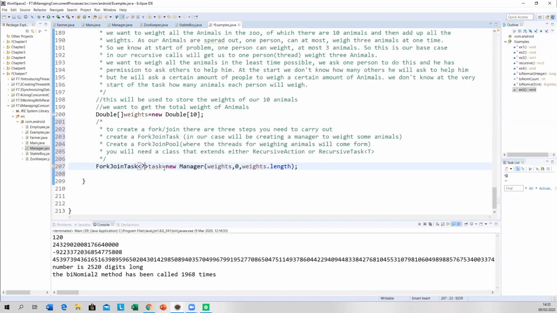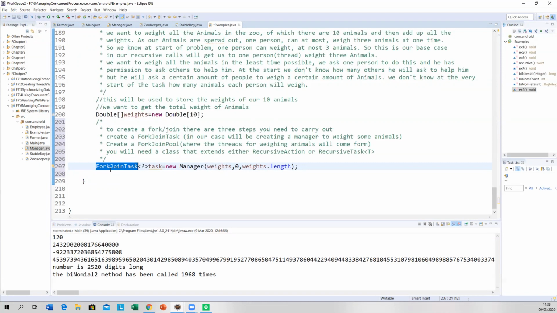A recursive action returns void. So what are we sending to it? We're sending it our array of weights. That's the start point, that's the end point. This calls the compute method.